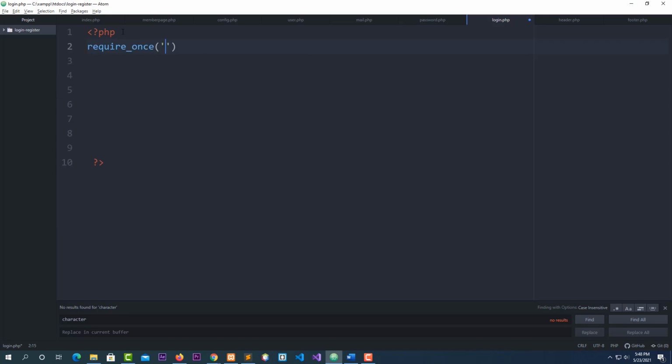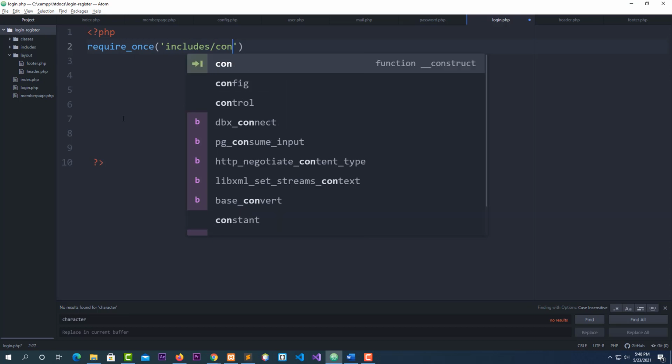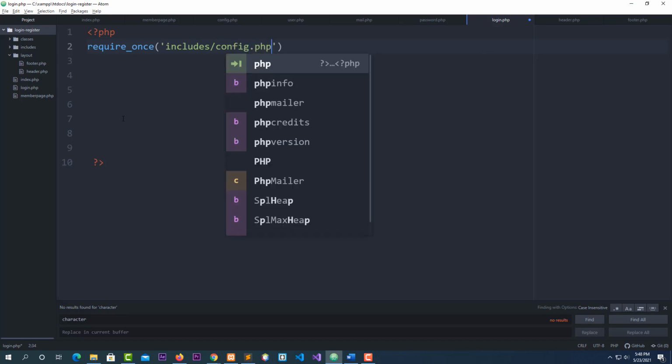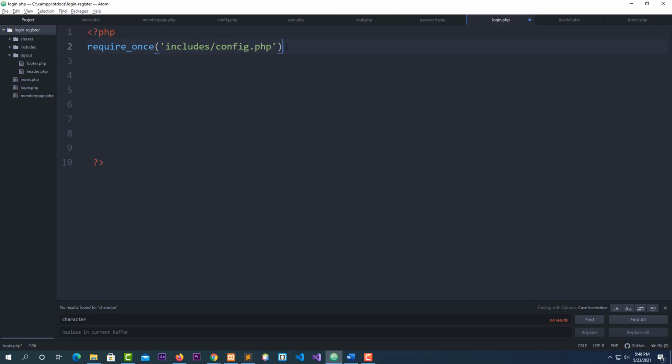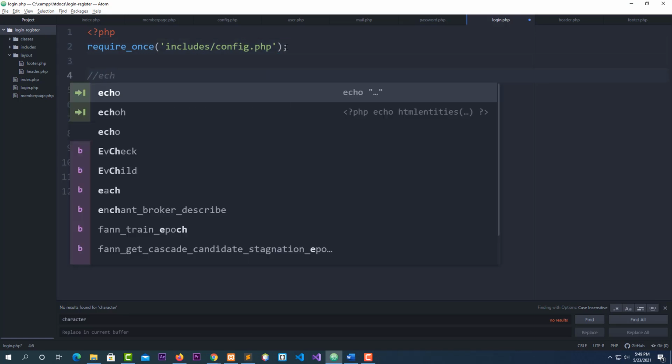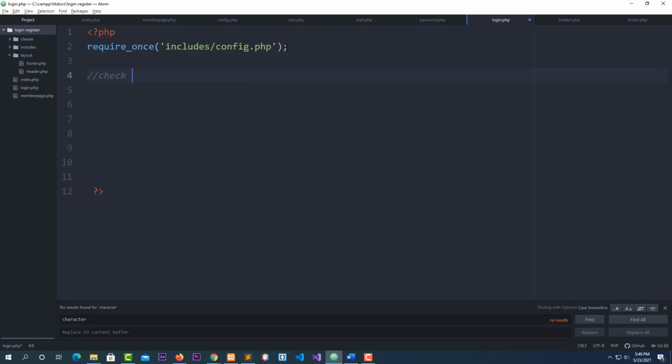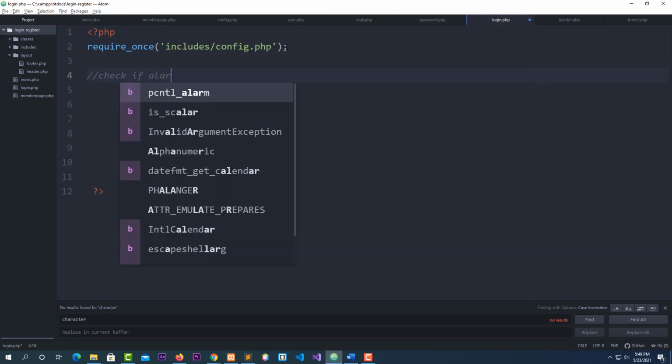At this time, I'm going to say require once, include. Let me extend this for you so that you can see. I'm going to say include with S / config.php, semicolon. Now I have to check. Now I have to make sure. I'm going to check to see if already